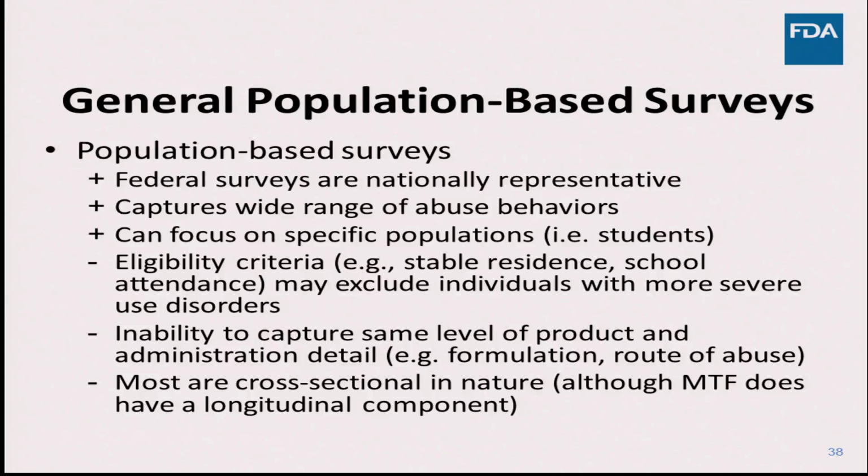So general population-based surveys, we define this category to include roughly two types of data. There's nationally representative data, such as the National Survey on Drug Use and Health, or Monitoring the Future. And there are also large convenience samples, and an example of those would be internet surveys. Now, these surveys are often not focused on those who are specifically on the severe end or the higher risk end of the abuse continuum, but can capture those who are just beginning their abuse and might be just experimental or recreational or occasional, have occasional misuse or abuse of drug products.